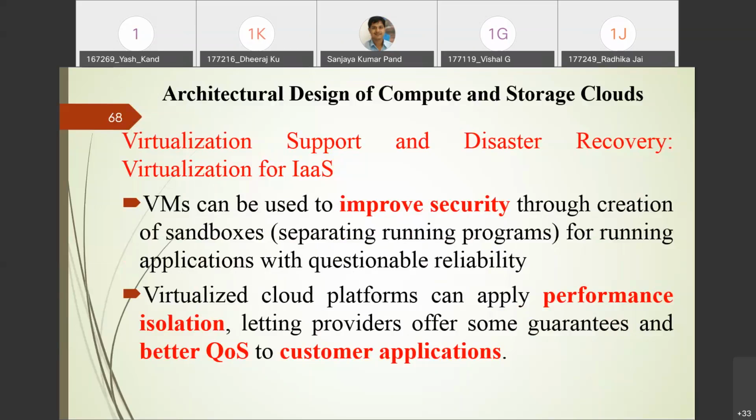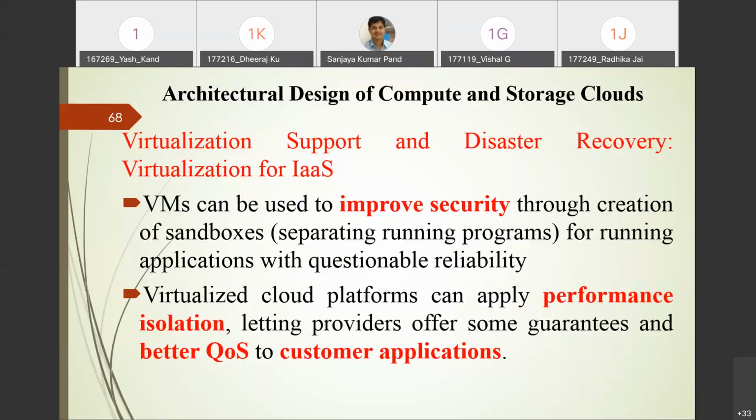Okay, and they can provide you greater reliability. Whatever reliability is provided by the on-premise traditional IT, if you go for virtual machine technology, virtualization technology, where you are deploying virtual machines, the reliability is drastically improved. Next, virtualized cloud platforms can apply performance isolation. You can isolate one virtual machine from another virtual machine, one job from another job.